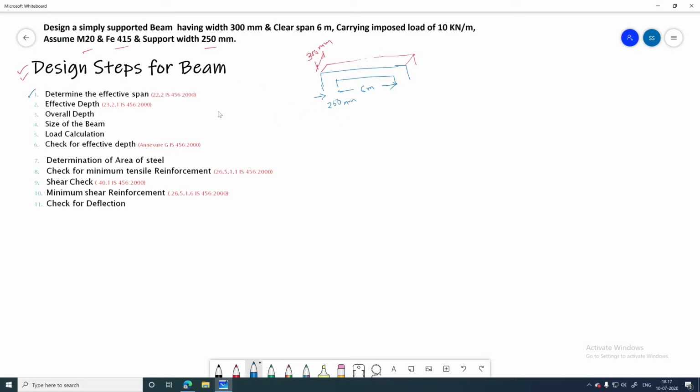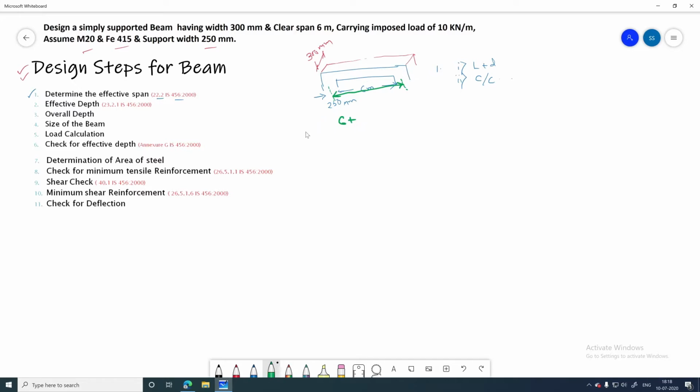So the first one, we need to determine the effective span as per clause number 22.2 of IS 456:2000. As per the clause, the effective span will be the minimum of two values. The first one is L plus small d, and the second one is the center to center distance between the supports. What is the center to center distance between the supports? From here to here, right? And L plus D is nothing but 6 plus